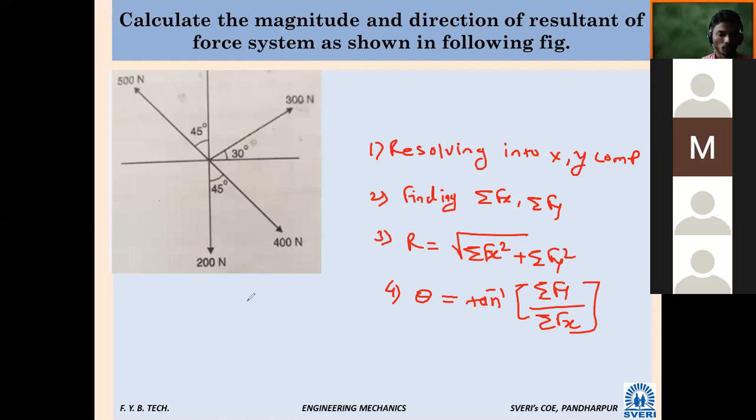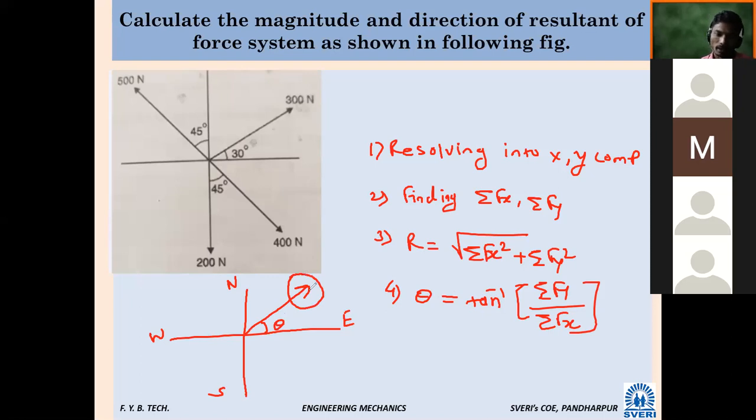Finally, to show the direction, we were just drawing north, south, west, east, and showing the angle. If the angle is positive, we were taking anti-clockwise. When the angle was negative, clockwise. Just something like this, this is suppose theta, and we were showing the arrow. Depending upon to show the arrow, what do we have to consider?